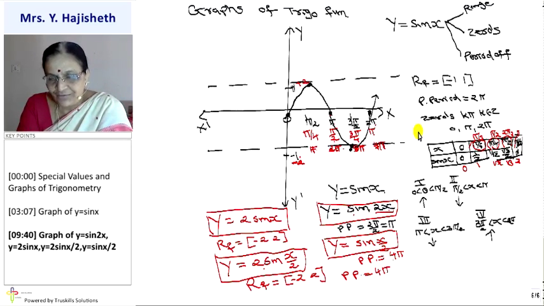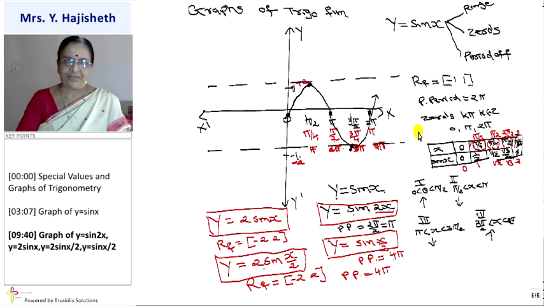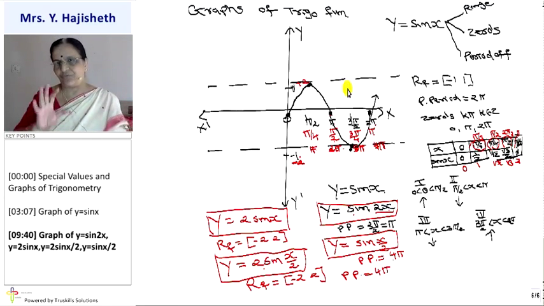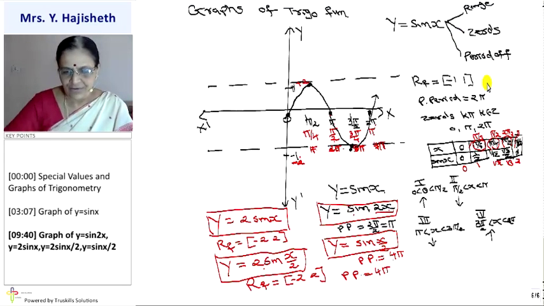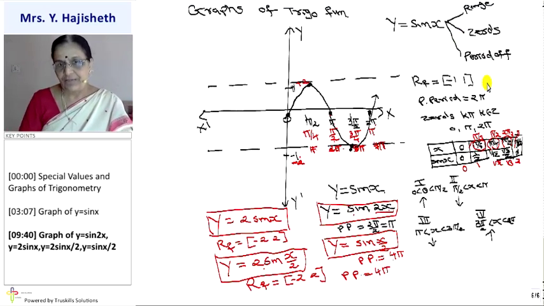Are you clear? So for the graph of y = cos x, only the shape you should remember, otherwise everything is the same. Whatever changes we are making also remain the same. Okay, so in the next session we will start constructing the graph of y = cos x and y = tan x. Then we are going to do sums based on graphs as well as important values in the next to next session.